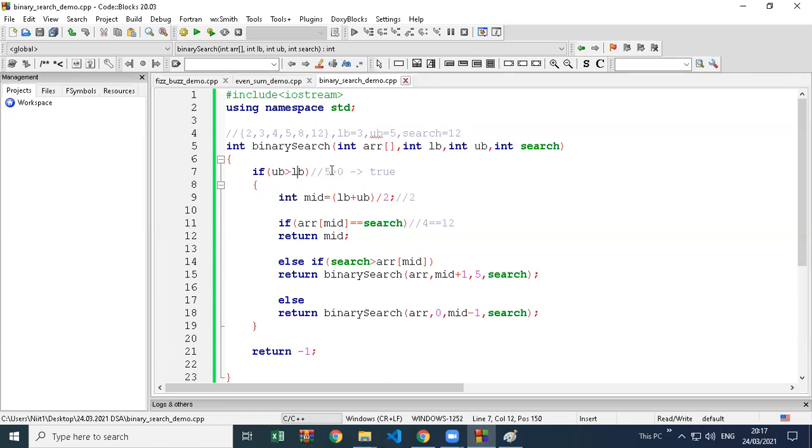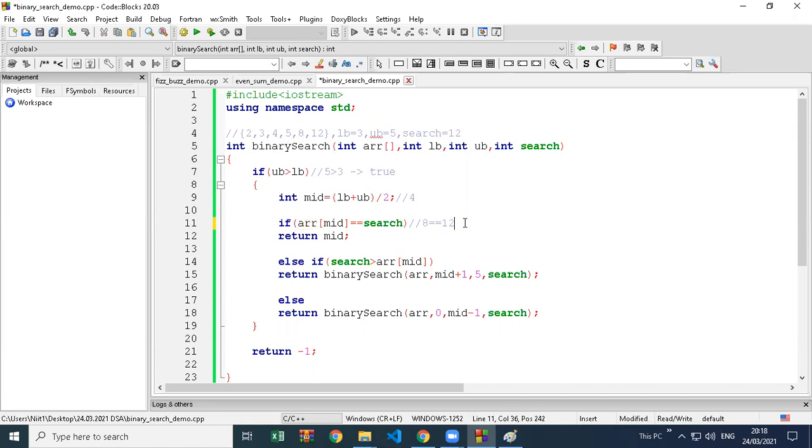So upper bound is 5 now. Lower bound is 3. So 5 is greater than 3. True. Lower bound plus upper bound, 5 plus 3, 8. 8 divided by 2 is nothing but 4. So ARR of 4: 0, 1, 2, 3, 4. ARR 4 is 8.